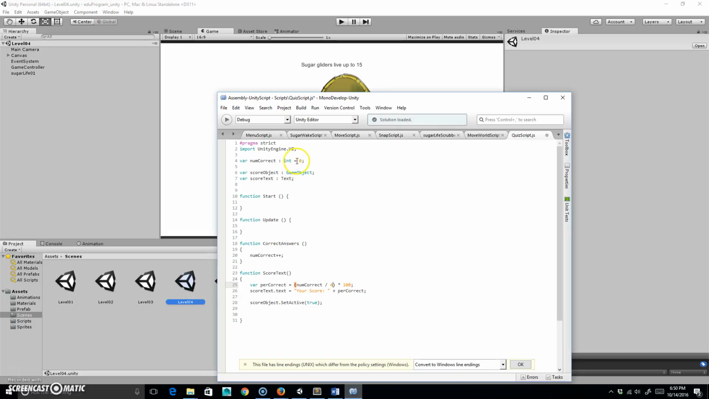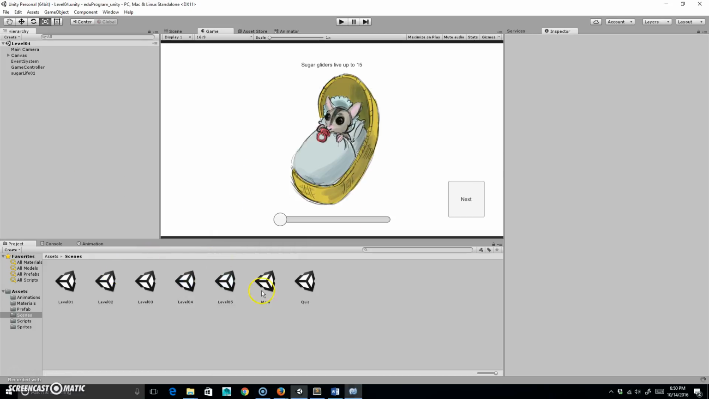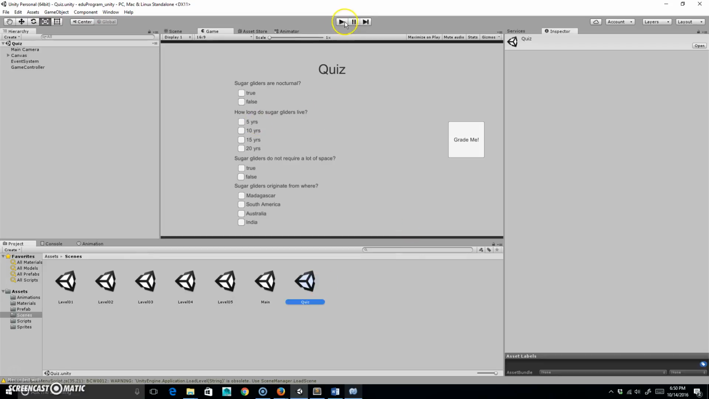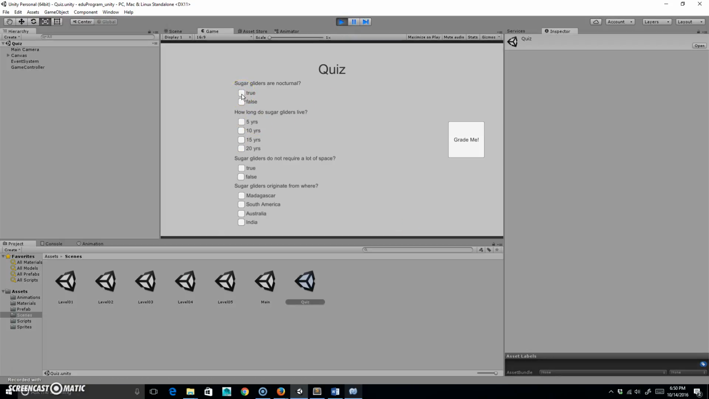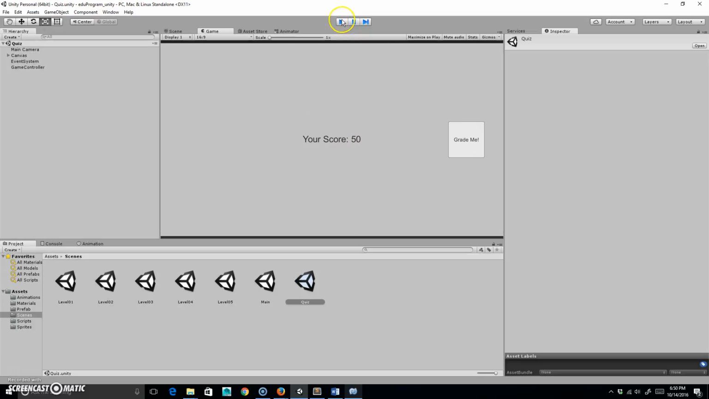In order to do that, I have to have a float. So I actually got to change this to a float, and save that, and then this will work. Go back here, and, oops, sorry, let's go back to my quiz, play it, and I'll do, okay, so our nocturnal, that's true, we'll do purposely off, we'll do a true, and we'll do off, and there you go, 50%. Alright, so there we go,